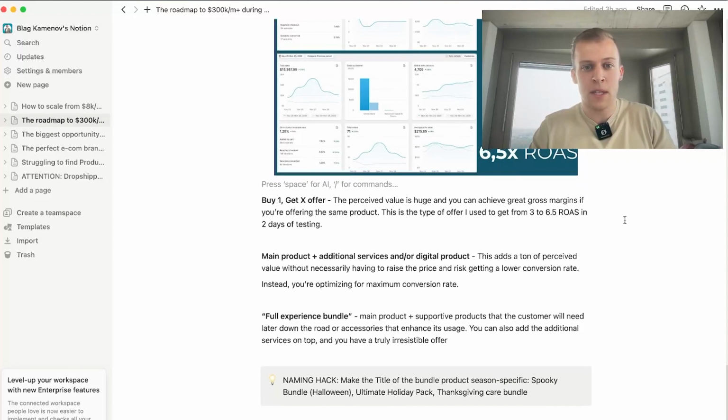So what are the best offers to test during Q4? First of all, my favorite one obviously is the buy one get X offer. It could be buy one get one free, it could be buy one get 50% off, or buy one get a free product. But pretty much the perceived value is huge, and depending on the products that you're gonna offer in this package, you can have great gross margins, and it's pretty much the thing that took us from 3 ROAS to 6.5 ROAS in just 2 days of testing, because you can both increase your price and your conversion rate will either be just as good or if not even better, like in our case,